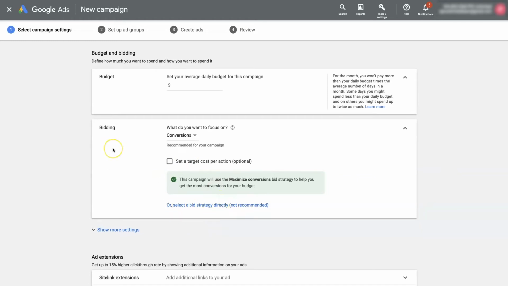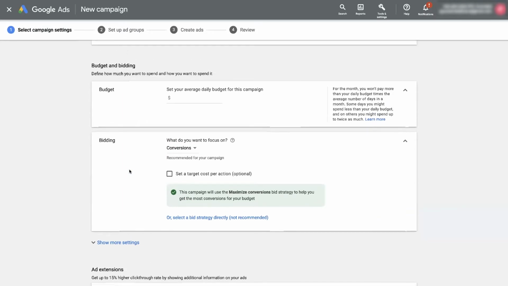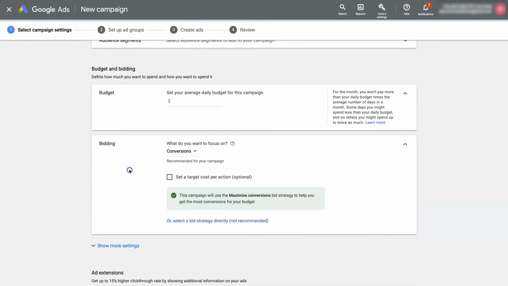Because the goal of this campaign is to get leads, it's automatically suggesting that we use conversions, and it's basically going to ask us a question so that we can make a determination. Ultimately, Google Ads has set this up so that everybody can use their platform. You don't have to have any real previous knowledge, or at least that's their goal. It may not really be the case in real life, but